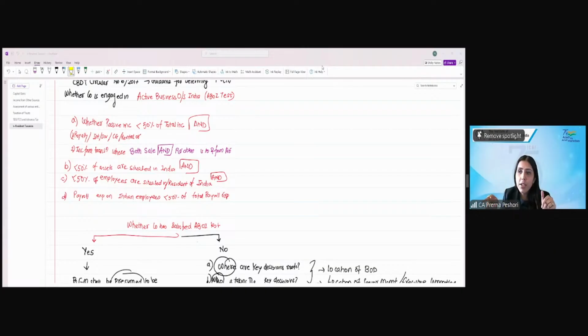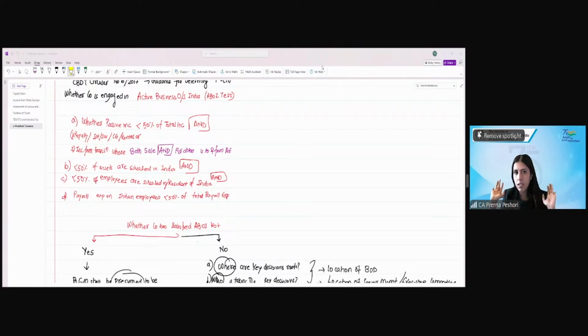So in that particular case, they are adding this also. Where you're purchasing from unrelated parties, selling to A, that's fine. That would be your active income, because you can't manipulate the third party purchases. Or if you are selling to a third party, purchasing from A, that you can't manipulate. So you can't manipulate with the third person. You can manipulate within the group. So where only the sale and purchase is to and from A, that will also be considered as passive